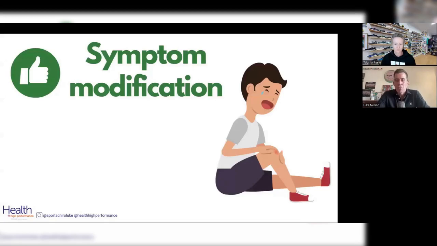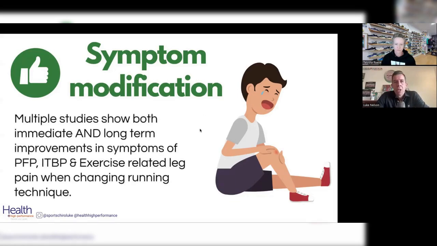Now, we'll look at some of the reasons for and the reasons against. One of the reasons for is symptom modification. This is probably pretty relevant for us clinicians, because a lot of the time we're going to have runners come in to see us with some form of injury, and we're going to be dealing with the symptoms of those particular injuries. There have been a number of studies that showed both immediate and long-term improvement